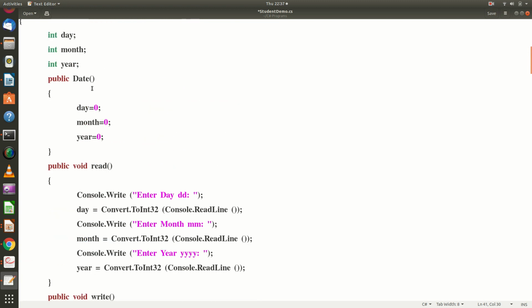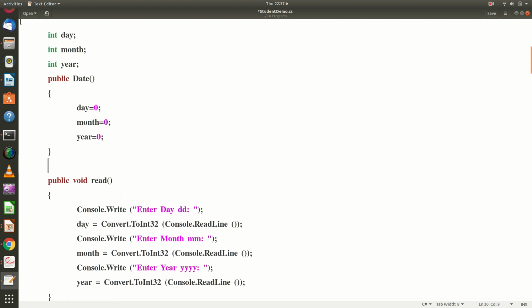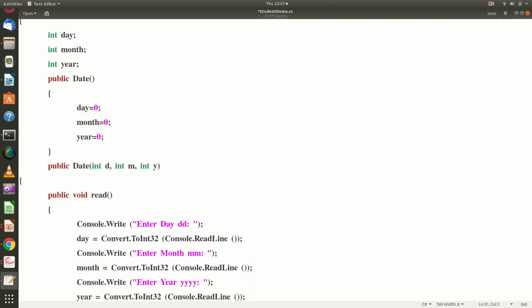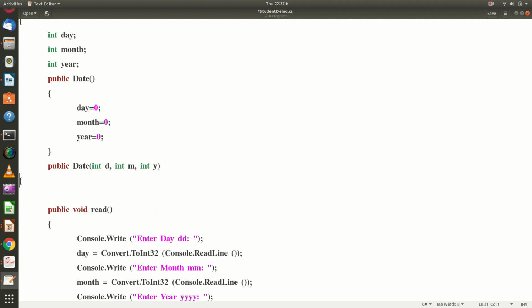And here if you see, I have only a default constructor, and if you want a parameterized constructor you can declare it like this. You go for public, call it date, and you can pass three integer values: day, month and year.